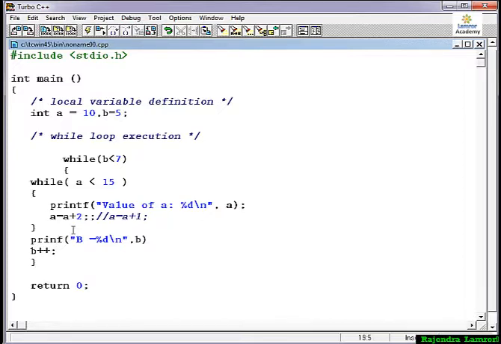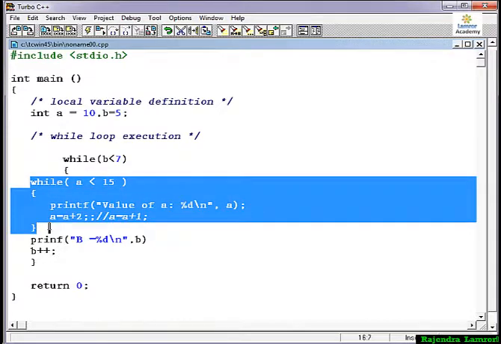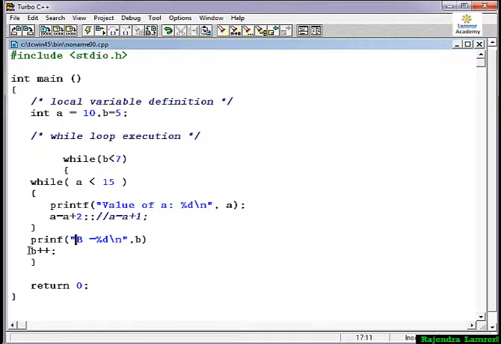So here we see, first we check the value: b is 5, 5 is less than 7, then we went inside, then check 10 is less than 15, and then the loop will execute and we will print the values. Next time when we come, we see a is 16 and b is 6. Checking the condition, 6 is less than 7 is satisfied, but 16 is less than 15 is not satisfied. So it came directly outside the loop and printed b equal to 7. Then we go from 6 to 7, and 7 is not less than 7. So here I am showing the output.